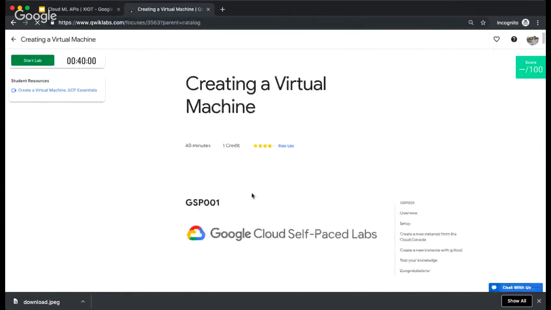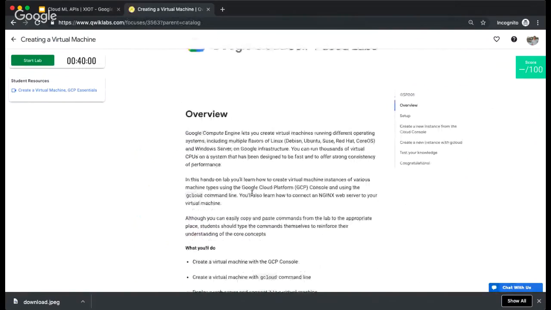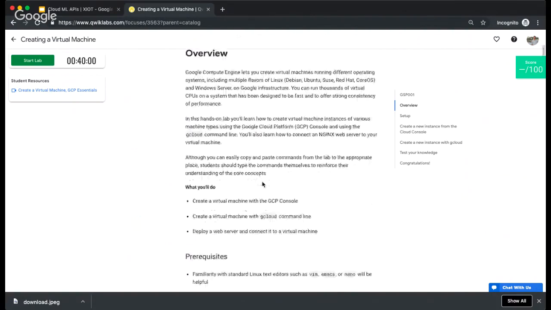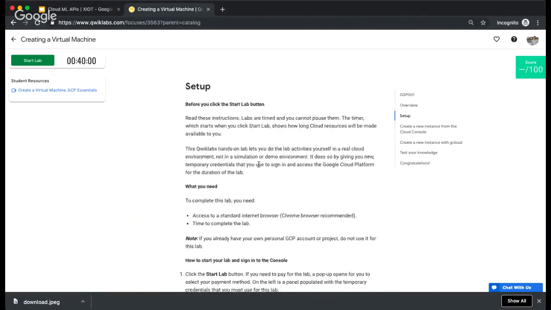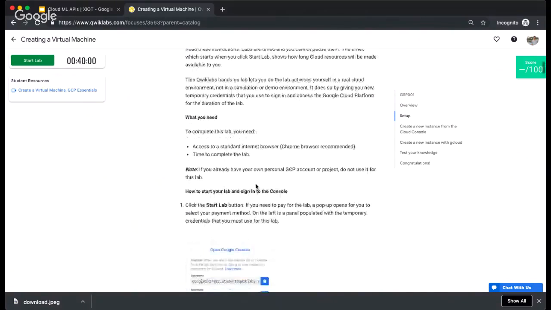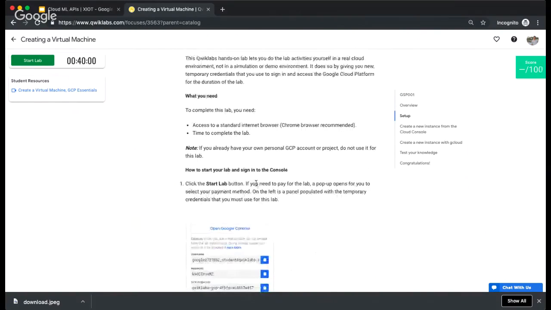This lab is very important because all services we are using on Quick Labs or Google Cloud Platform may need to create a virtual machine, which is a virtual computer on the internet with a certain processing power and memory and so on. Especially in machine learning, if you use TPUs and so on, you will need to create a virtual machine